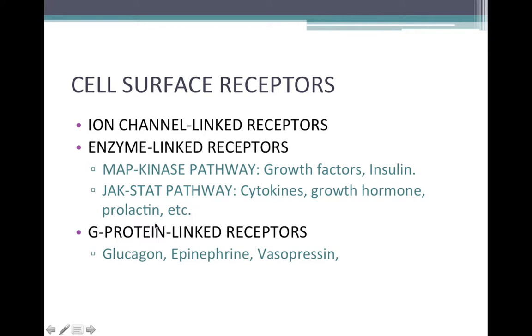with certain processes. Now, G-protein-linked receptors can also change cellular metabolism, and these are more associated with things like glucagon, epinephrine, and vasopressin, and other hormones. These G-protein-linked receptors are important pharmacologically because half of all pharmaceutical drugs target some sort of G-protein-linked receptor. So they're very diverse types of receptors that can have a variety of intracellular effects, and they're very modifiable and changeable. So it's hard to predict what exactly a G-protein-linked receptor will do to the cell because it can have a variety of effects. But we do know that it actually can change the metabolism or change the cellular processes